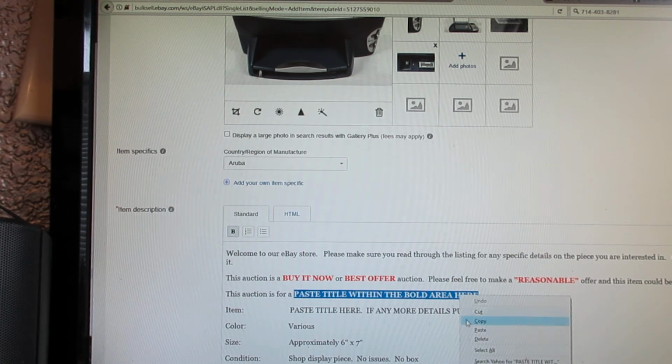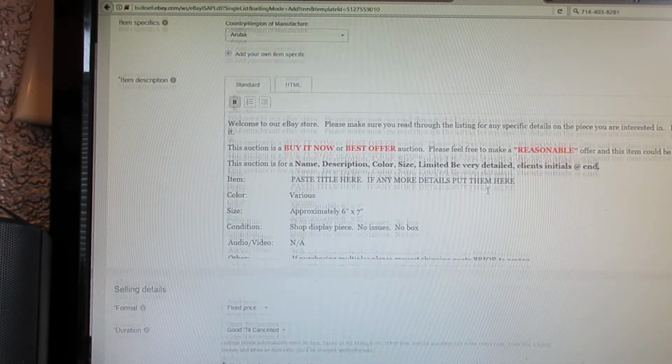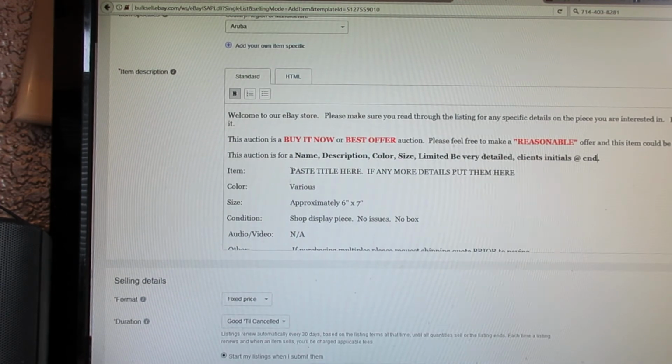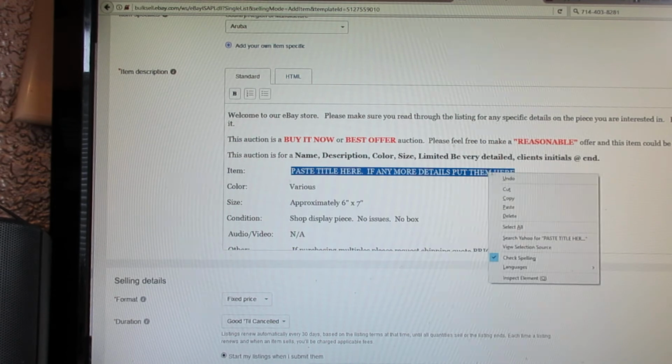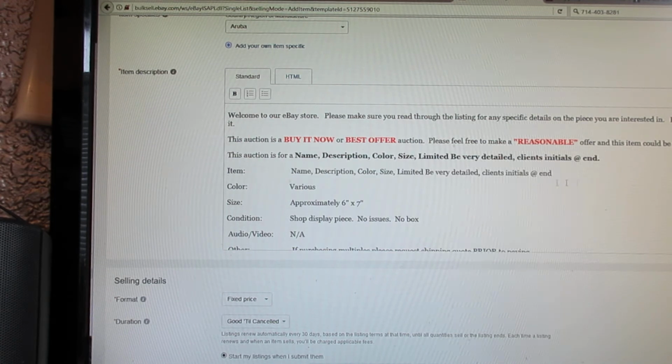I'm going to right click paste. And I'm going to do the same thing down here. And if there's any more details, I'm going to spell them out right here. I'm gonna leave various, and the size you want to actually measure the piece, if it's not... well, actually you can't measure it. If you come across something without a measurement,